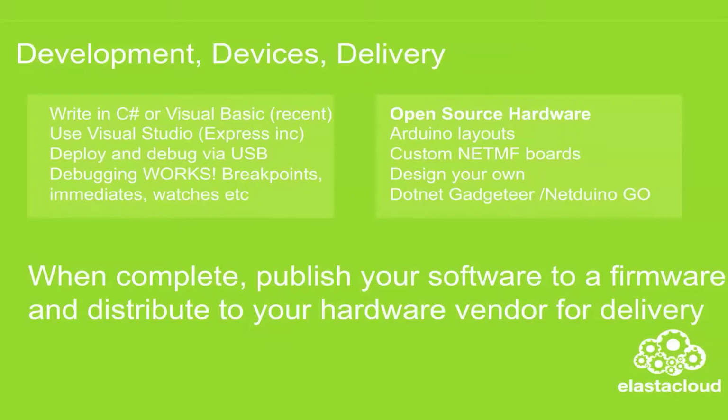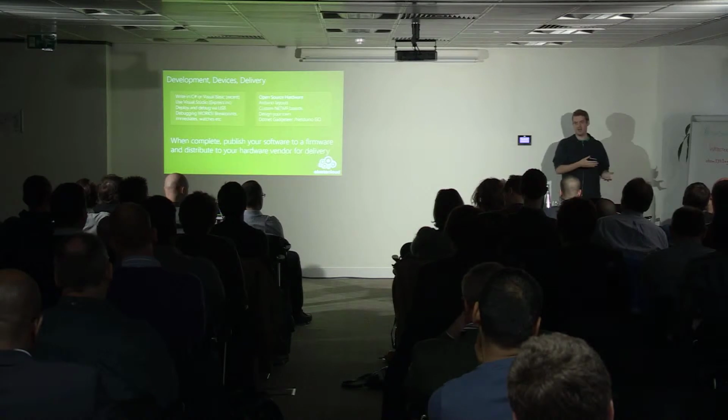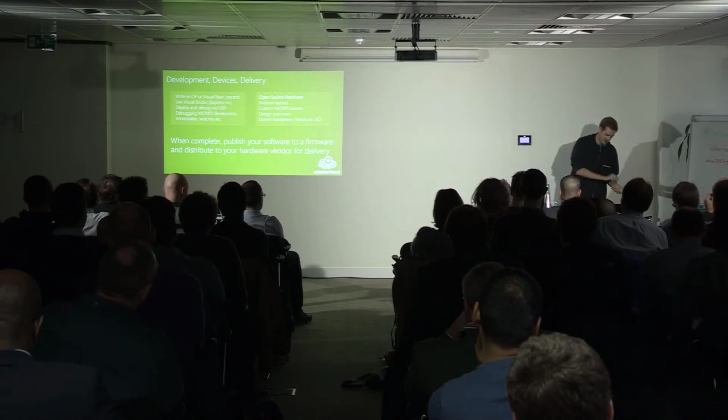So you can use Visual Studio Express Edition. That will work, so you can get going for free. You can debug and deploy via USB or by serial if you have a serial connector. Debugging works amazingly. You can actually step through your code, which we'll do in a few minutes. It's open source hardware, which is a slightly different term to open source software, but it means that all the stuff, like the circuit board design, is all printed, so there are no surprises. And that's really important, because if you want to make sure that the voltage coming out of your device is within a certain threshold, you can go and check what the outputs are on all of these device characteristics. So that's just really, really good.